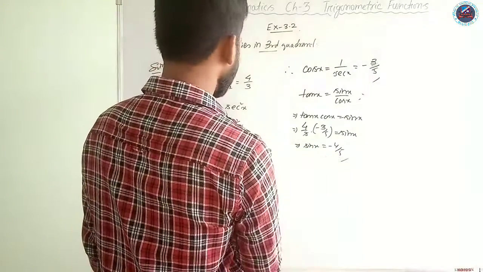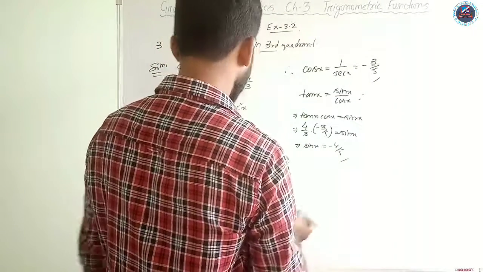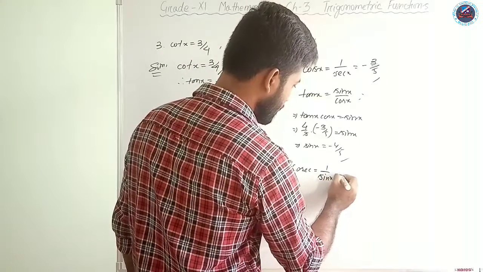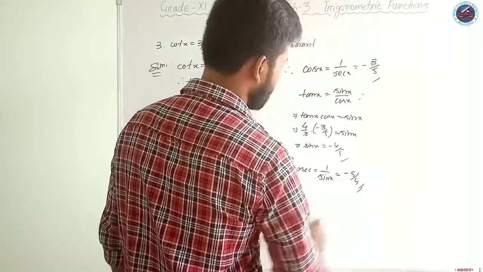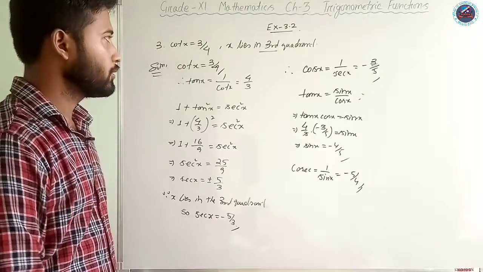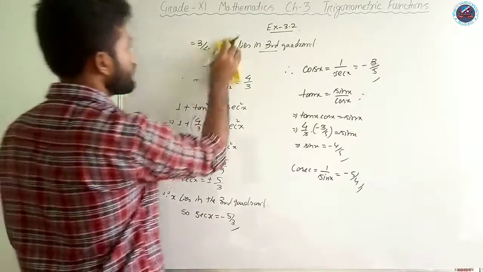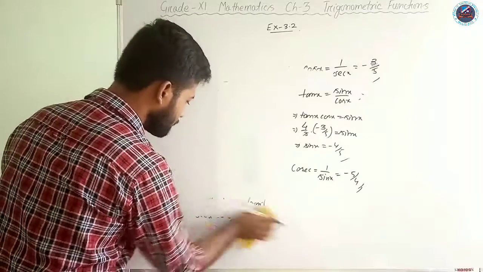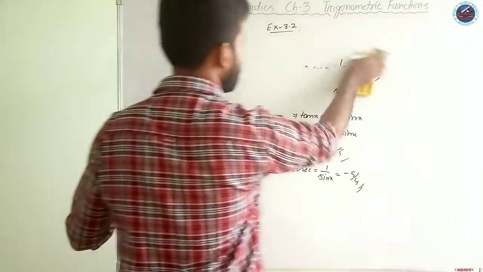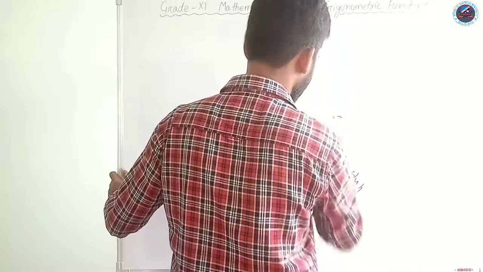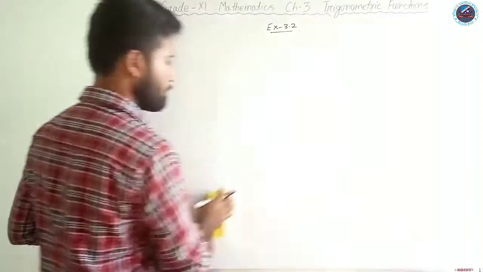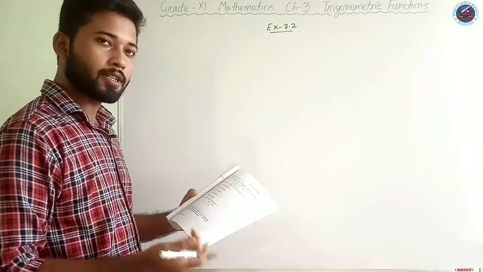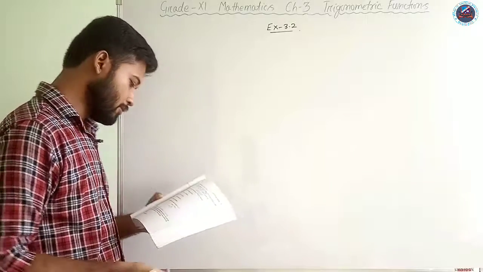So we have got sine, cos, tan, cot, sec. And what about cosec? Cosec will be equal to 1 by sine of x, and this will be minus 5/4. So that's the answer. Now let us see question number 6. So in question number 6, what is there? Find the values of trigonometric functions, that is